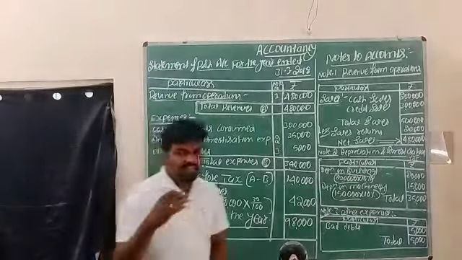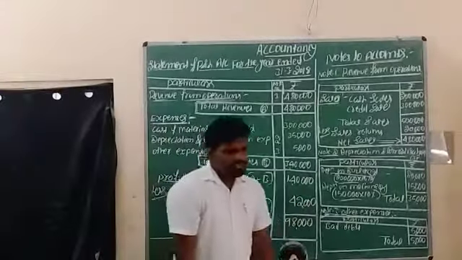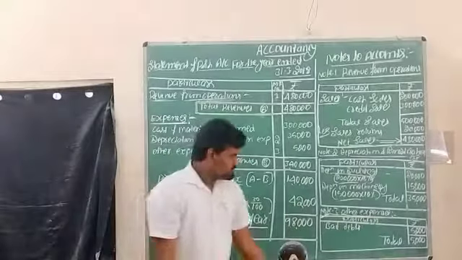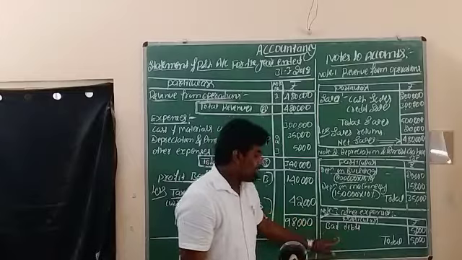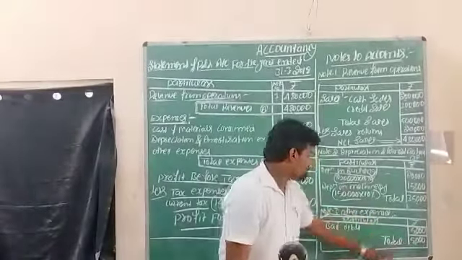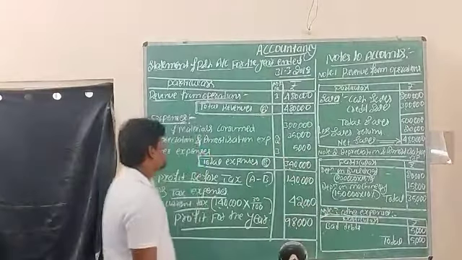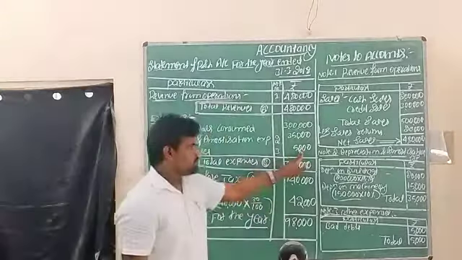Again, take one more new transaction, that is bad debts. In this bad debts, we can treat it as other expenses. So we just have to take note number 3, other expenses. Under that other expenses, bad debts. So this is a total of 5,000. These 5,000 we can treat as other expenses in the business. So other expenses, note number 3, 5,000 rupees.